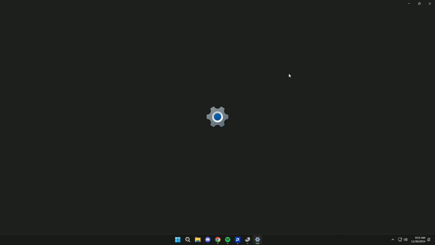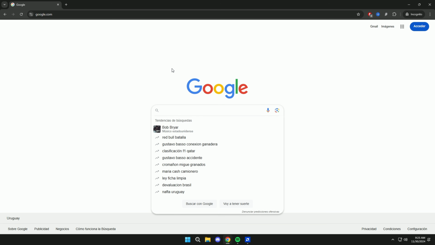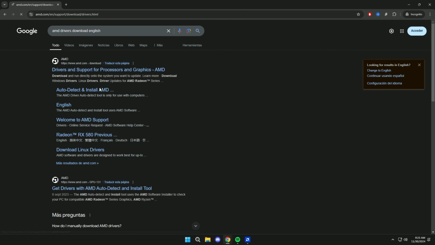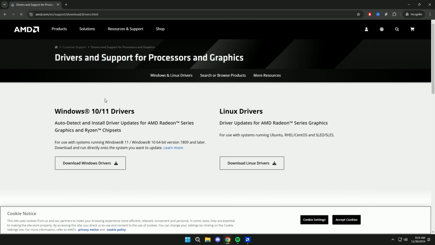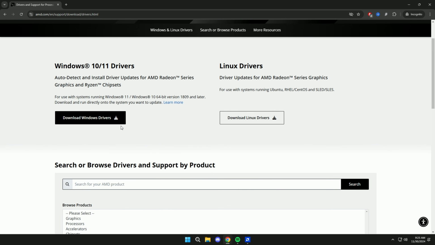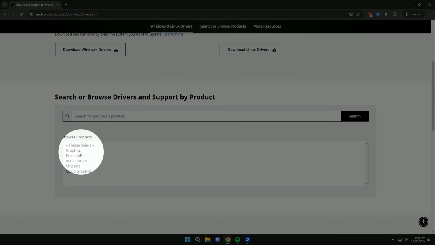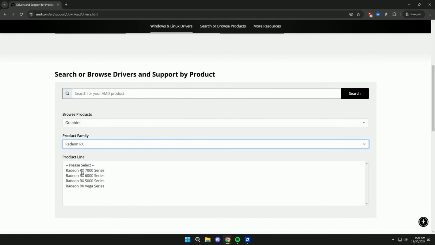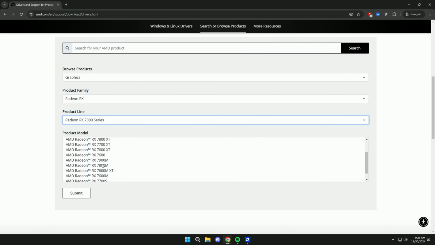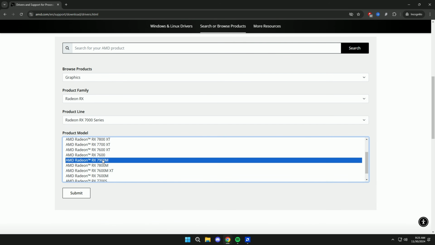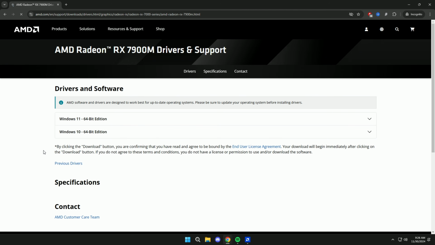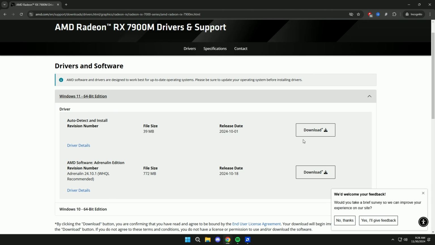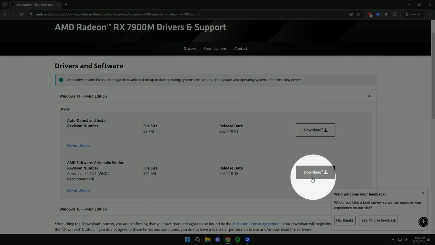In case you can't roll back this way, you should go to Google and search for AMD drivers download. Click here. Now click here and choose your card. Submit. And here choose your Windows version. And that's it, you can download the version you want, click on Download,